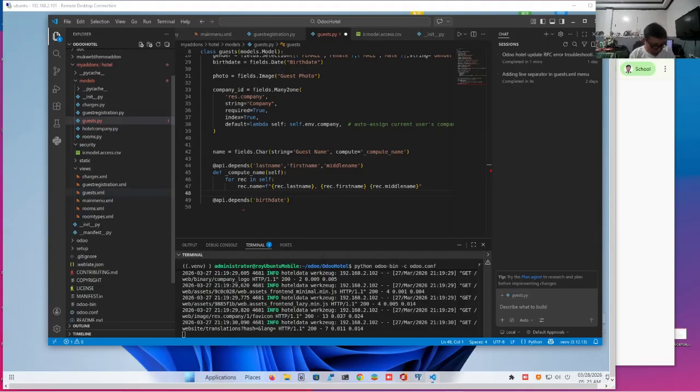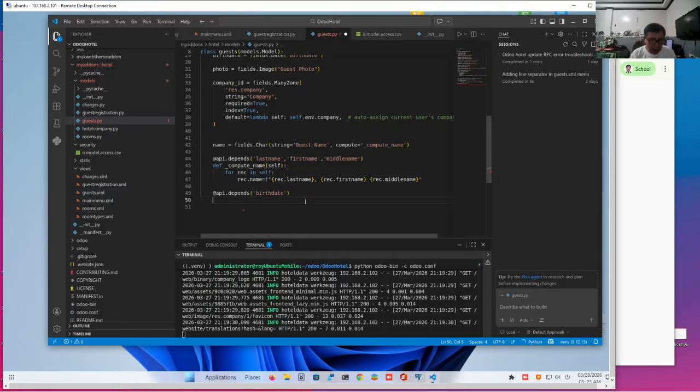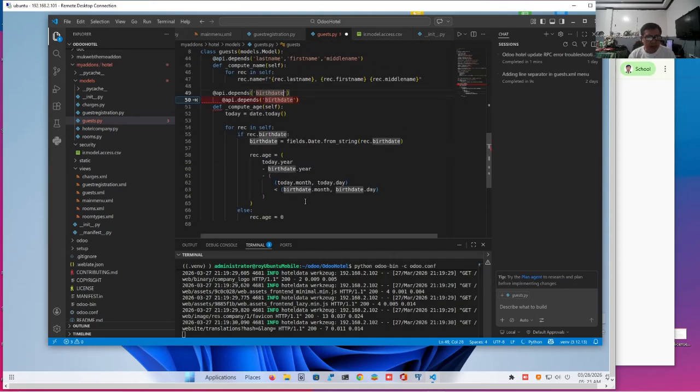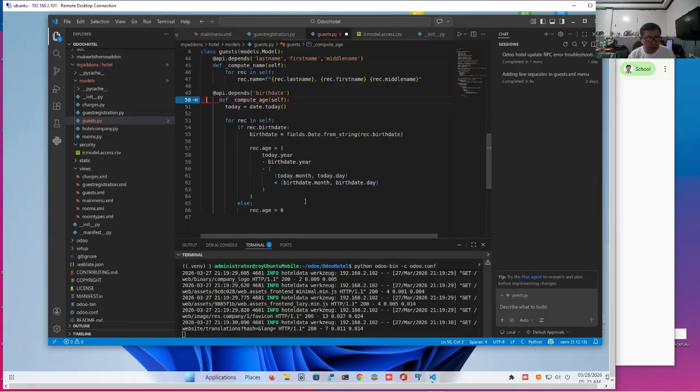So to avoid mistakes, let me just paste it for you there. Let me explain, I've doubled the line, that's why there's a red squiggly. You have to avoid the red squiggly because it will result in an error. So def here, no? We need a computed field name.